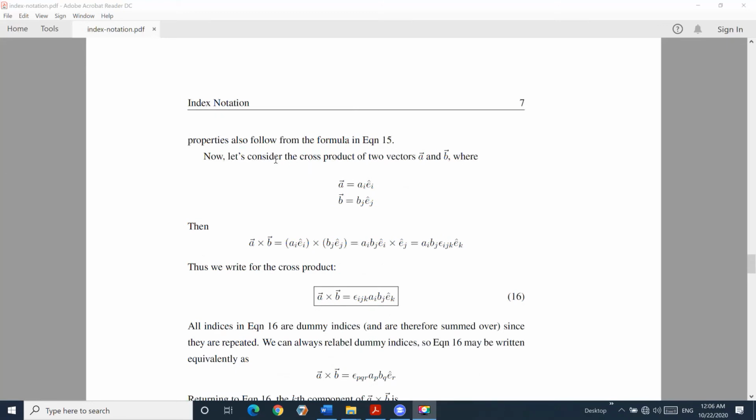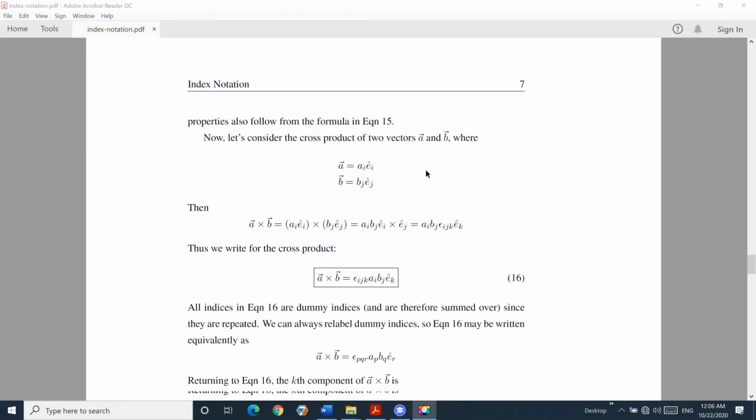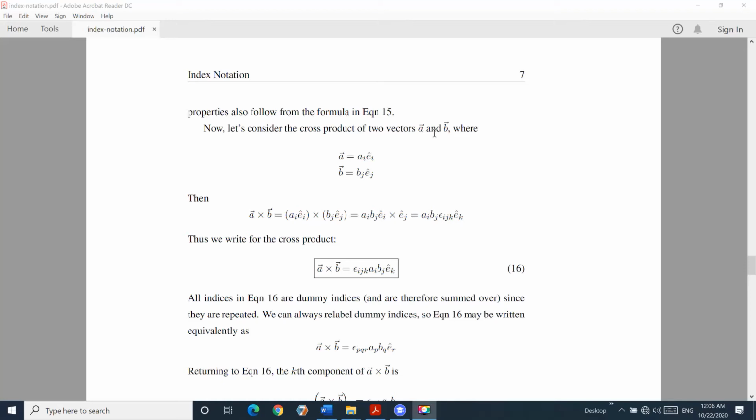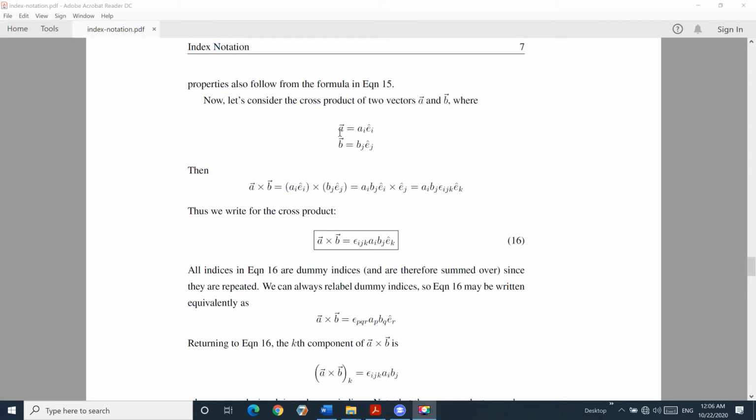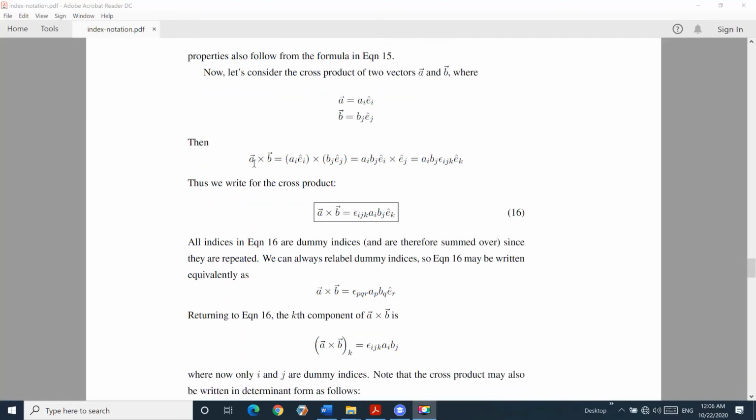So let's consider the cross product of two vectors, a and b. We can present the vector a by this form. We can present the vector b by this form, because these are two different vectors. We use dummy index i for one and dummy index j for the other, and the cross product between a and b is going to